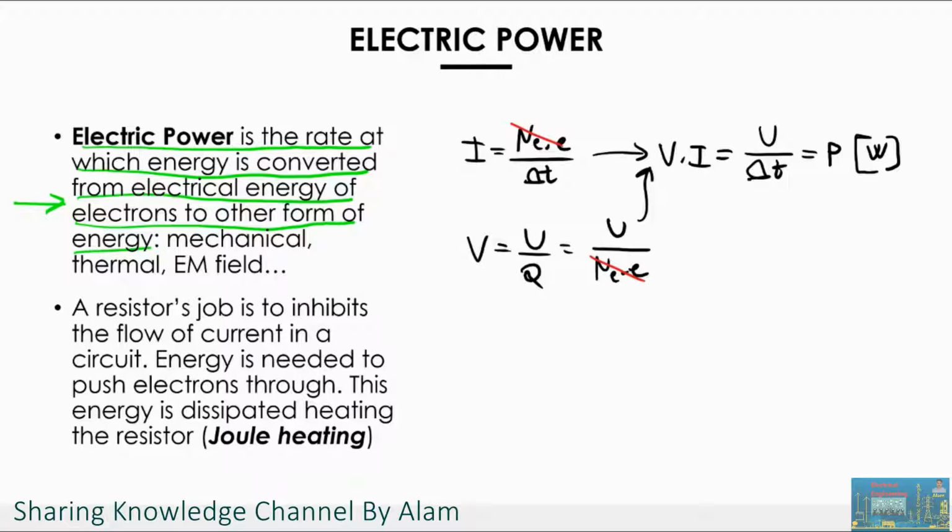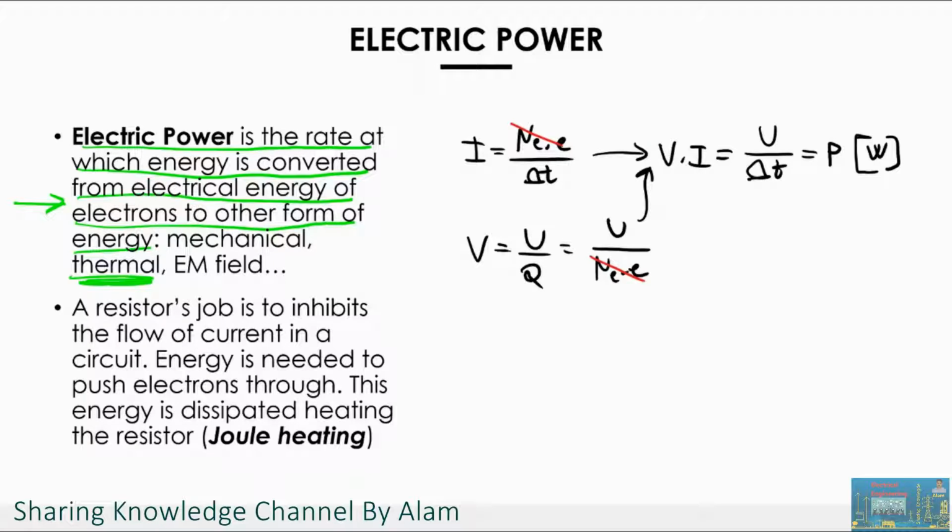Let's talk a little bit more about the definition of electric power. So the electric power is the rate at which the energy is transferred from one system to another, but also the rate at which the energy is converted from electrical energy to other forms of energy. So this can be a little bit complex to understand. So I wanted to give you an example, in particular of conversion of energy from electrical to thermal. This is something we already discussed in the past, but it's good to bring it back now that we have